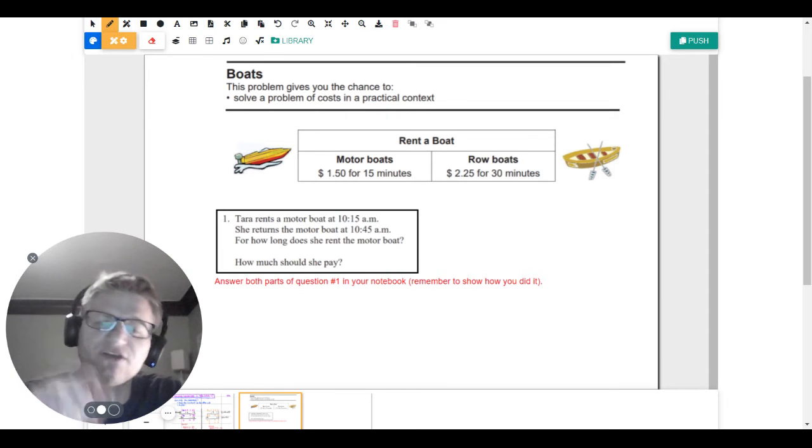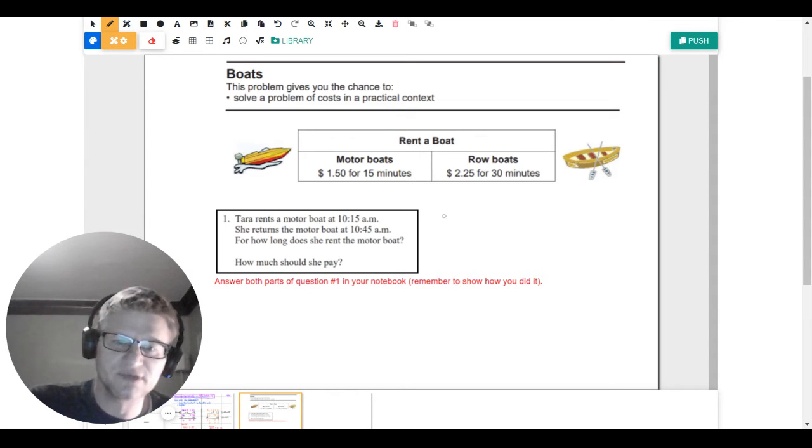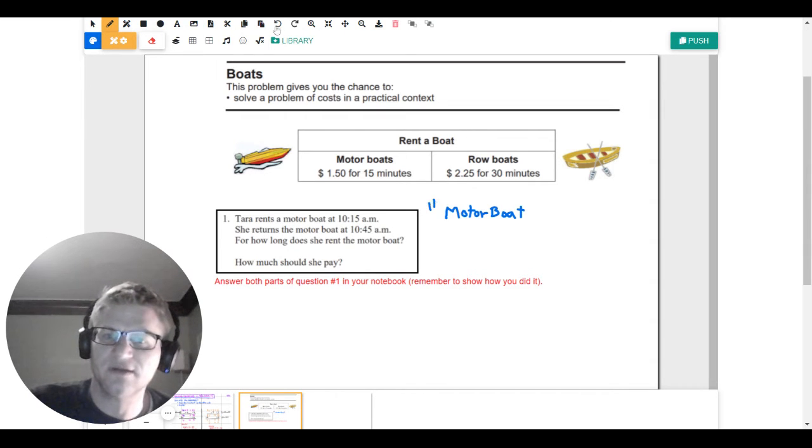So the first thing we're going to do is think about time, right? 10:15, and I got my little pen here. Let's write this. So she rents the motorboat. And you might write this in your notebook. Here's what you should do. I did that terribly, that's in the wrong place. You should definitely write number one up here and circle it, right? Because this is question number one. Motorboat. And then you say motorboat rental from